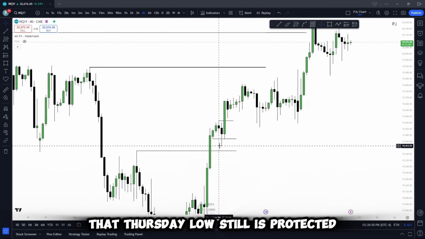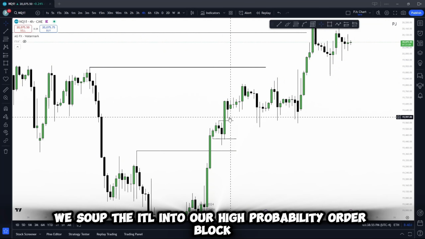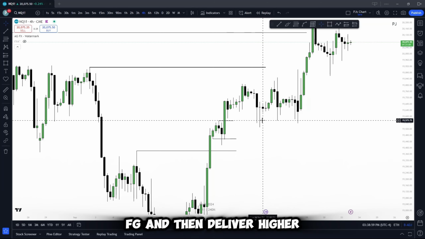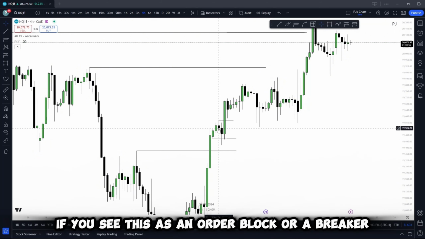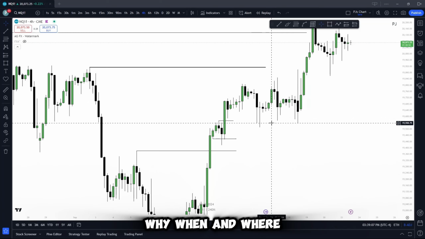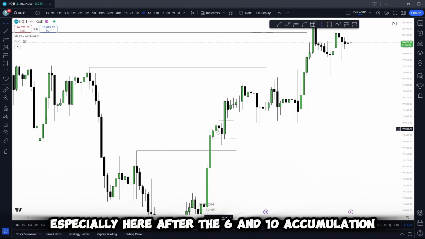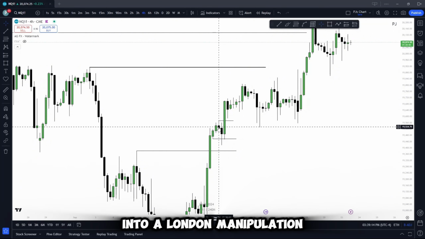That Thursday low still is protected. We soup the ITL into our high probability order block FVG and then deliver higher. You can also see this as a breaker, right? I don't really care if you see this as an order block or a breaker, as long as you see, right, where we're delivering from, why, when, and where, especially here after the 6 and 10 accumulation into a London